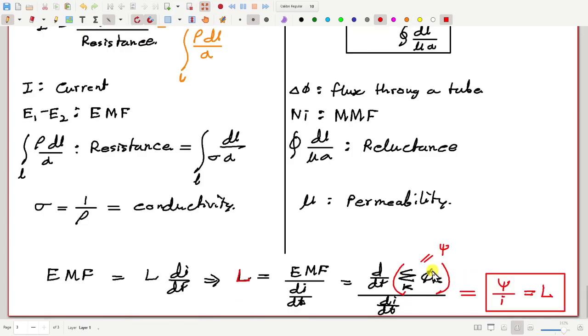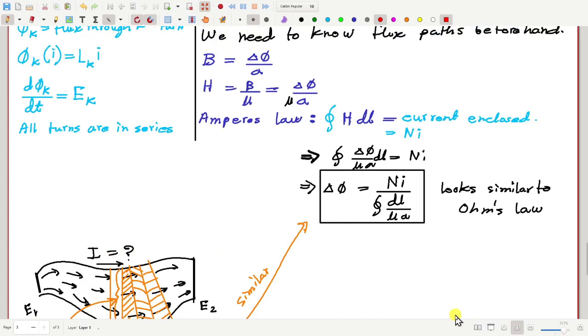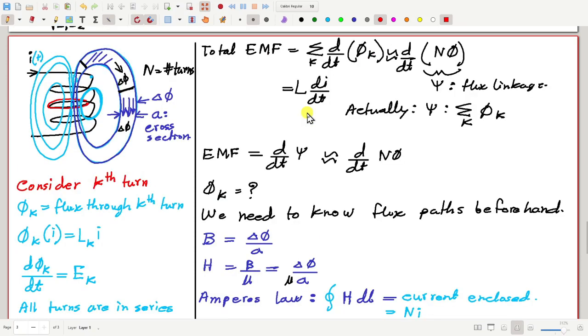Now, sir, can you show that equation which you have written for the tube, B equal to delta phi by A? This one here? Yes, sir, this one. Any question here? Can you show it in the tube? What does it denote? So by this tube, I mean actually,